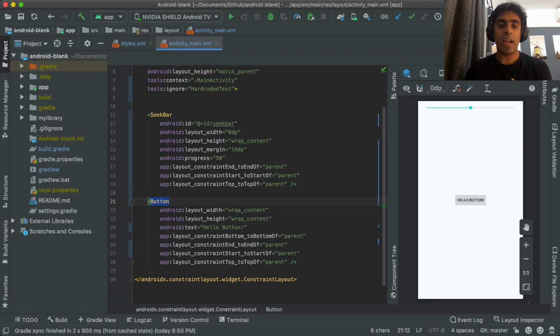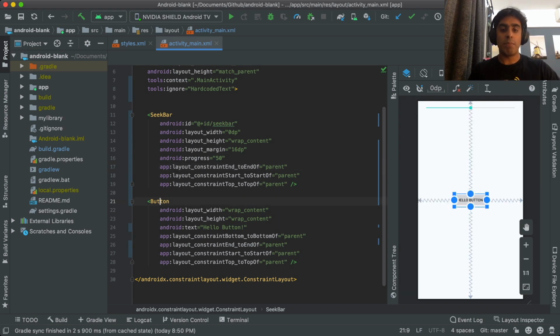So every Android widget actually comes with a default appearance right out of the box for you. So here I have a seek bar and a button, and as we can see, they look a certain way without any configurations or customizations needed from you. So how does this really work? Actually, to see what theme attribute is controlling the default appearance of these widgets, we need to look at the two argument constructor of the widgets.